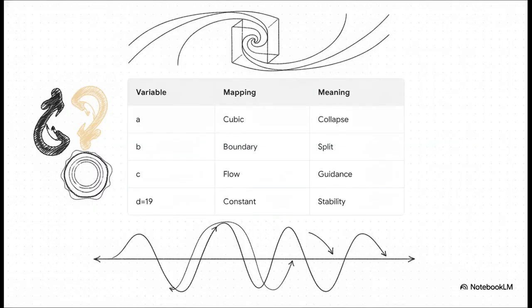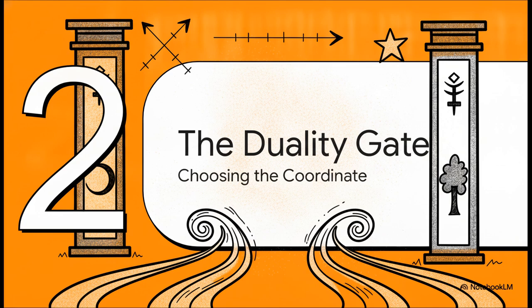And the source brilliantly maps this all out as a cubic equation, where D equals 19 functions as an invariant cosmic constant. In systems theory, you'd call this Lyapunov stability, basically a kind of Raman seal that ensures no energy is ever truly lost. It's just beautifully reconfigured. This constant D acts as the ultimate home frequency, pulling all those stray trajectories back into perfect balance.